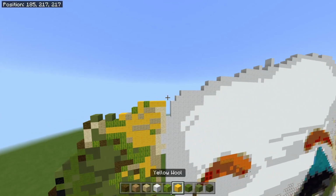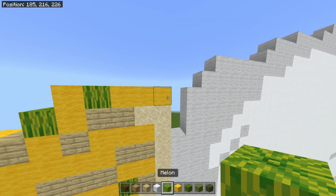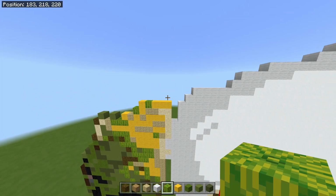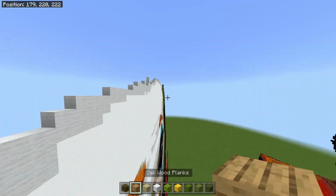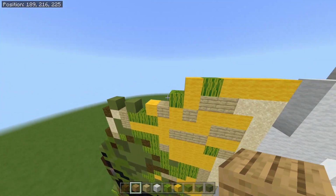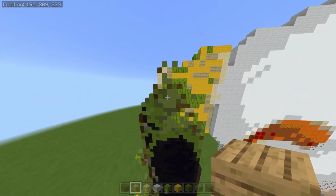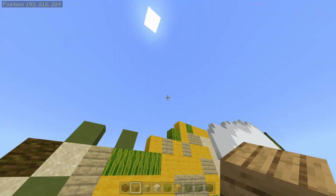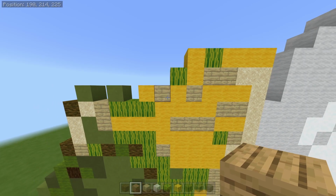So I've had a small inventory change, as you can see. I've got rid of sand for now, because it's going to be a pain to place all the sand, because we're going to have to place blocks below them. So I'm going to go through, mark all of those out, and then place the sand in afterwards, because basically the majority of this is sand. So we've actually got really close to finishing the top of the head. Then we'll come back and add all the darker green sections and blacks and stuff, because there's little speckles of that throughout. So yeah, we're going to start